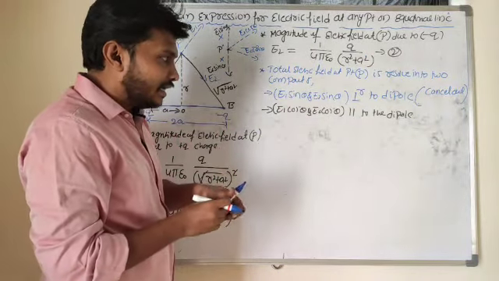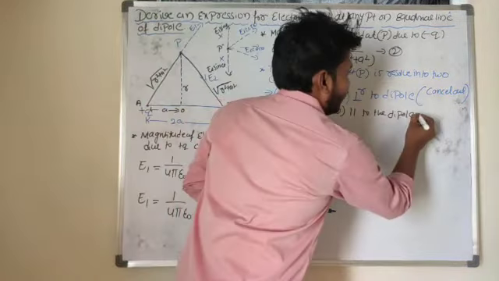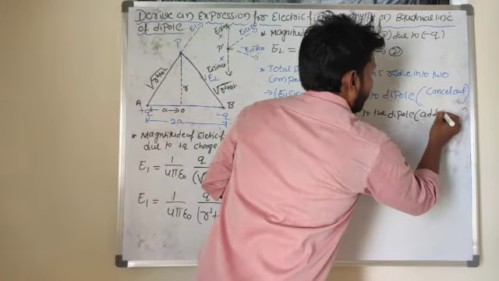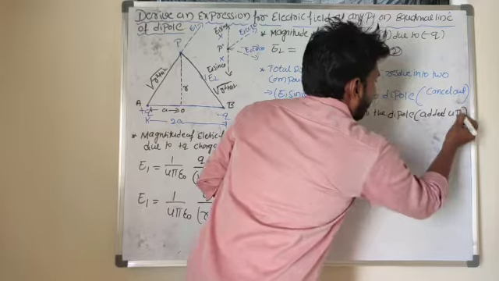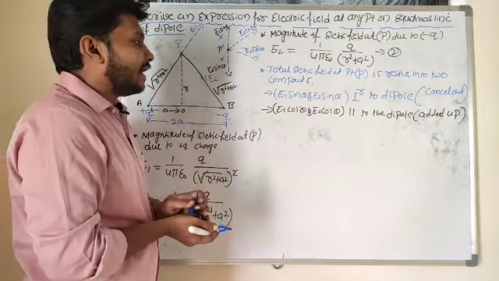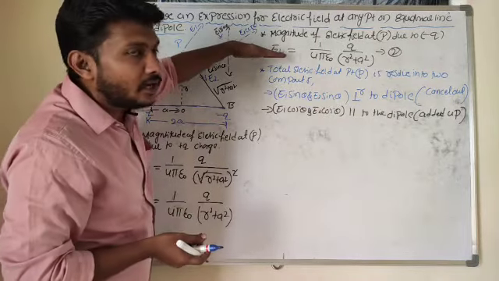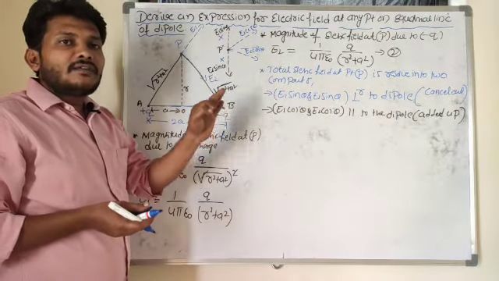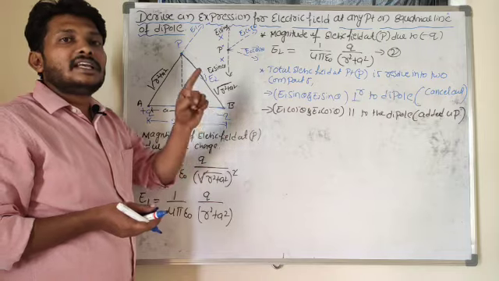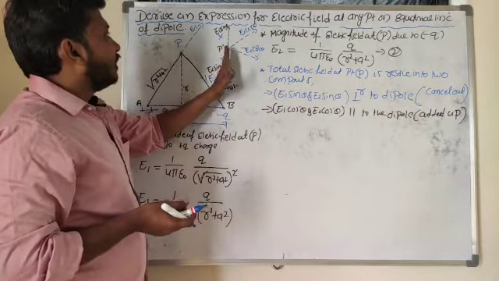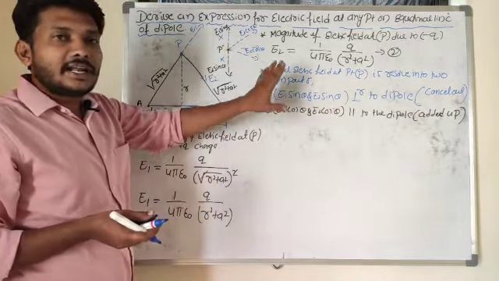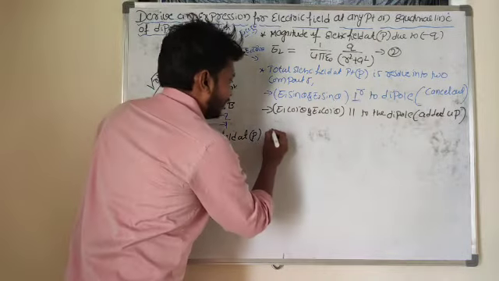E1 cos theta and E2 cos theta are added up here. Why are E1 cos theta and E2 cos theta added up? Because they are parallel to the dipole. The component of electric field parallel to the dipole gets added, and the component of electric field perpendicular to the dipole gets cancelled out. So the resultant electric field is